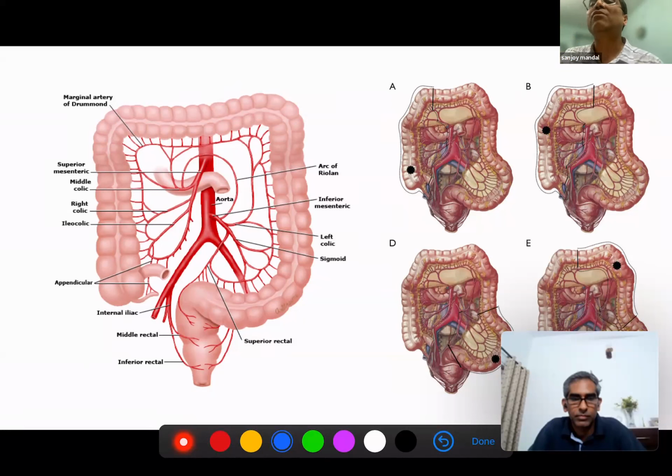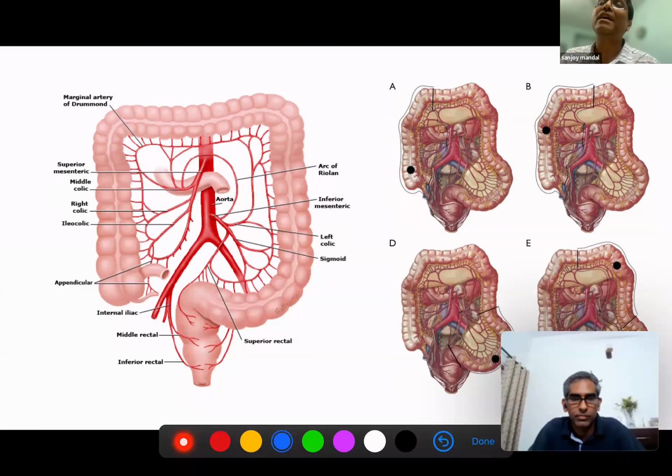If you have a left-sided growth, it will essentially be a left hemicolectomy with ligation of the ascending branch of the left colic or the whole of the left colic. If it's a sigmoid growth, then the sigmoid vessels are generally ligated and you would do what you call an anterior resection in these patients. For a transverse colon growth, the